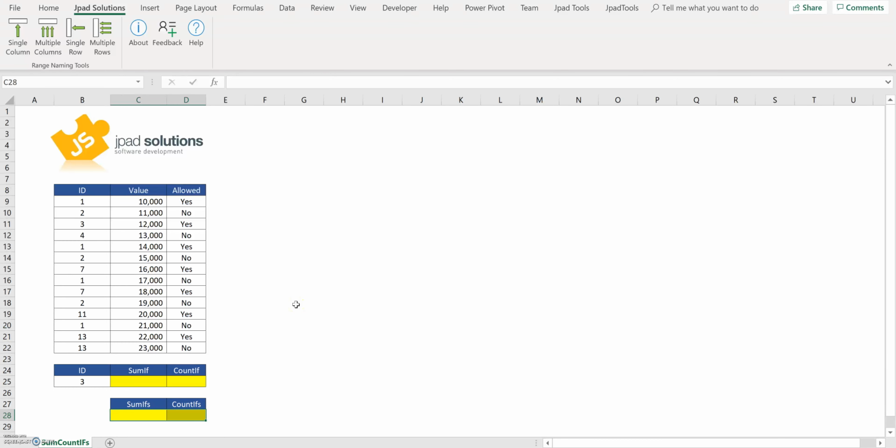So today we're going to look at SumIf, CountIf, SumIfs and CountIfs. You can see I've made up some data here. We've got the same IDs repeating multiple times. And say, for example, we wanted to find the sum of all those values where the ID was a certain